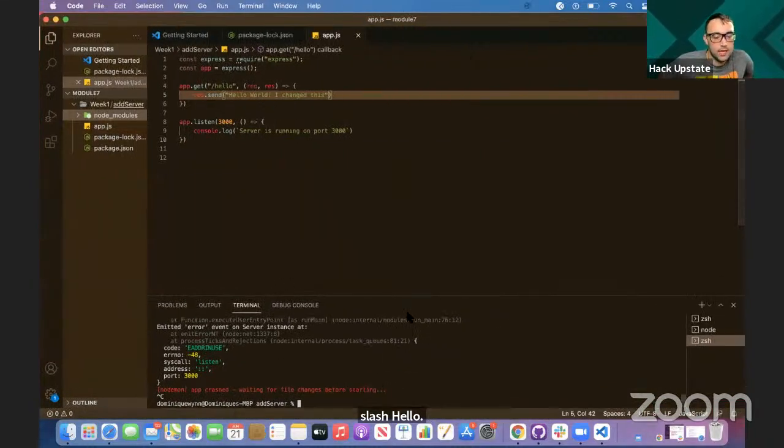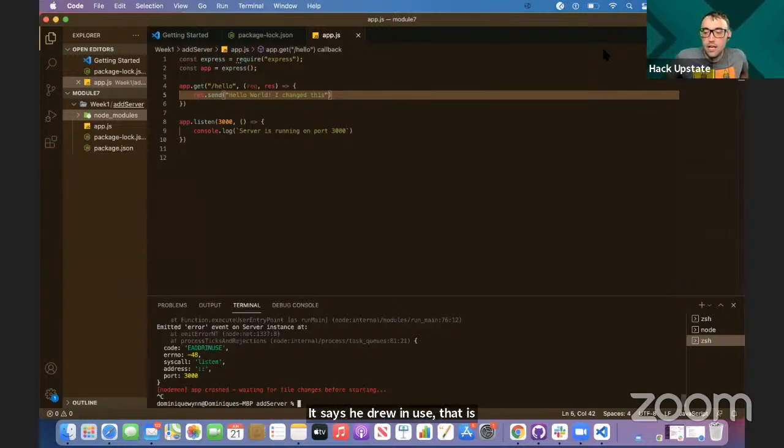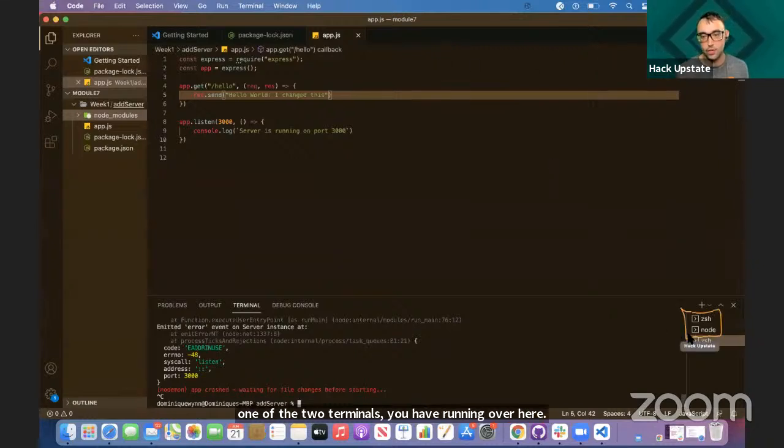Okay, so Dominique, we've got an issue. I'm glad you're bringing this up. It says EADDRINUSE. That is a very common error that you will see. You have another server already running on port 3000. And my guess is that it's going to be in one of the two terminals you have running over here. And it's probably going to be in that one that says node. So if we pop that one open,